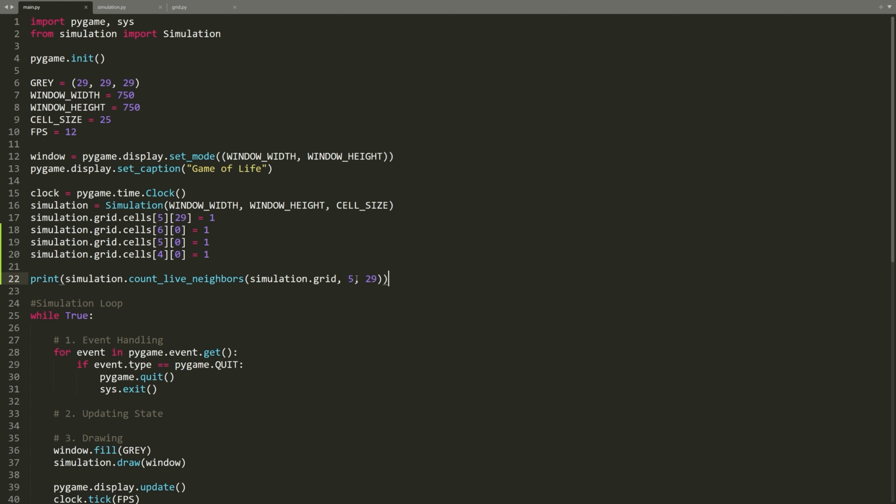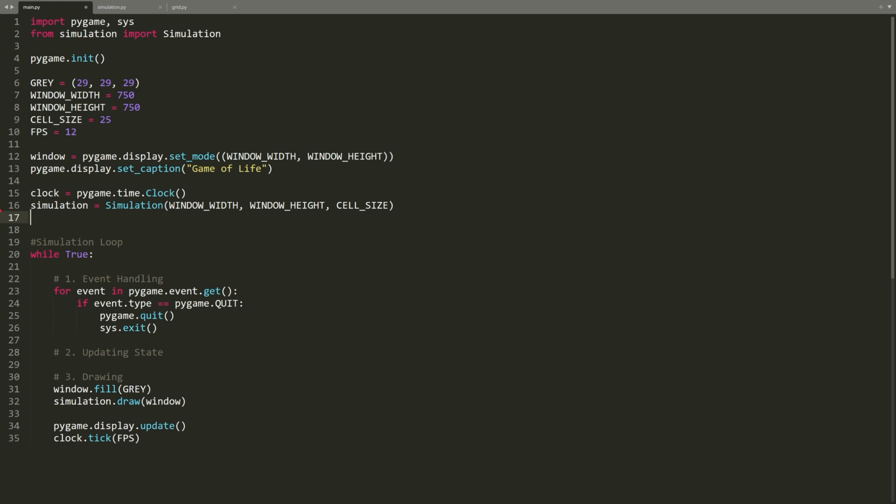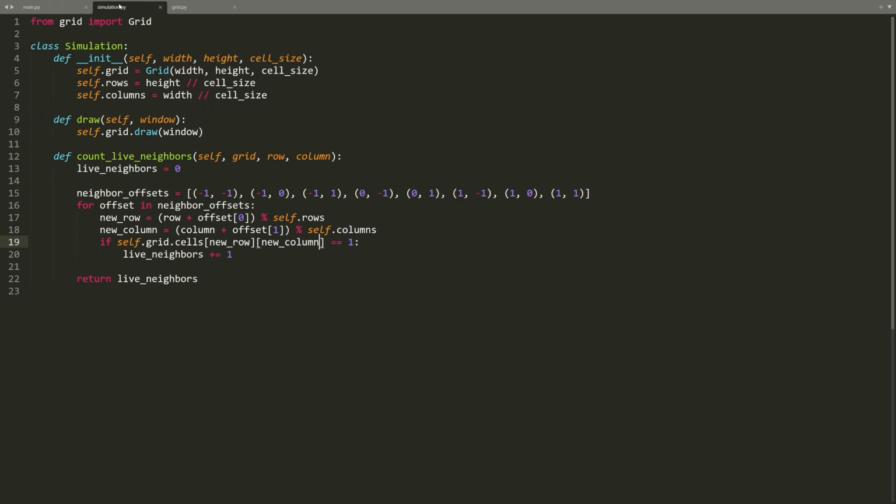First of all, let's delete the alive cells we have created in the main.py file and the print statement. Now let's go to the simulation class and create an update method. This method will be responsible for updating the simulation state according to the rules. def update(self):